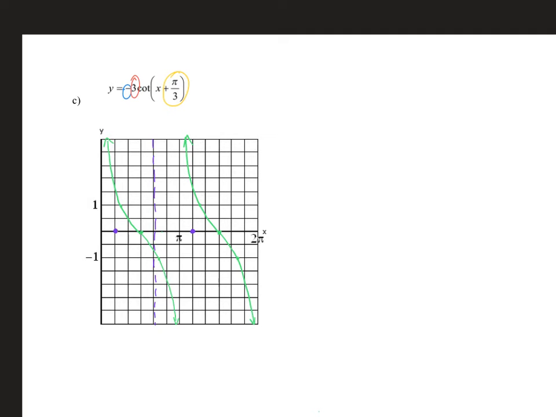Now I can do that same thing and shift my asymptote that would exist at 2 pi. And that got a little sloppy. To my 5 pi by 3. Okay, I've got my asymptotes up that are going to act like walls. I have my zeros up, and those fall directly in between. I'm feeling pretty confident. Now I need to transform my 1s to make sure that I get my curve the